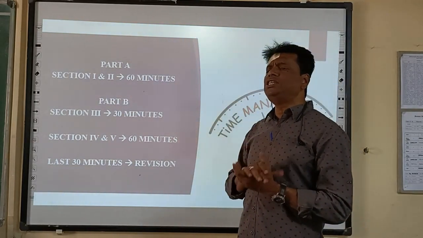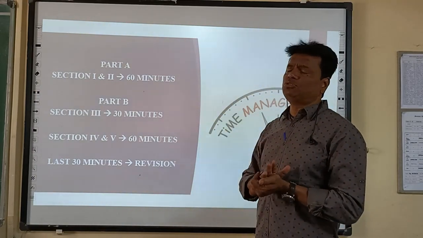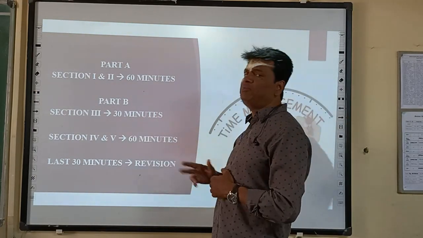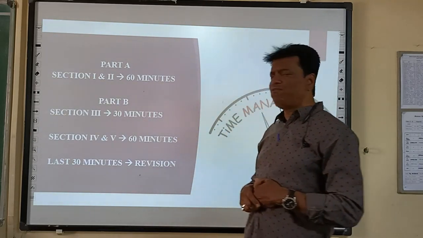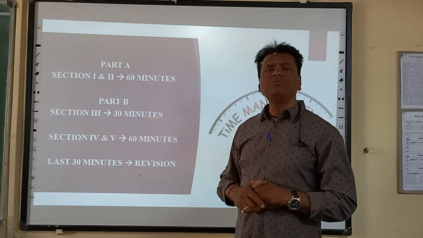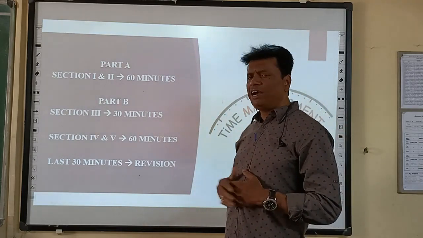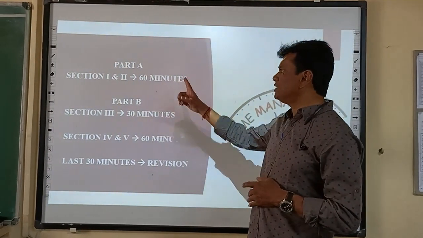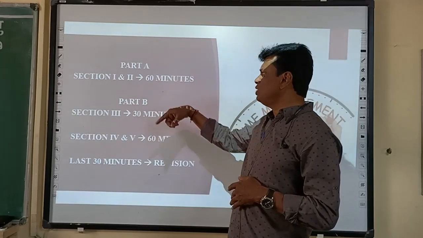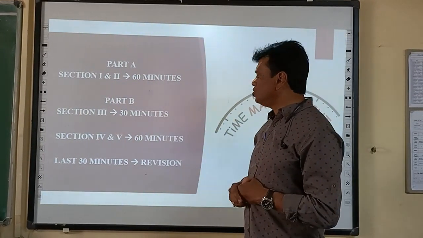Section 3 is of 2 marks questions. There are 6 questions, and you will have to solve those 6 questions within 30 minutes, right? And then you have section 4 and 5, where you have to spend 60 minutes, right? If you divide your question paper accordingly, the time is already managed here: 60 minutes for section 1 and 2, 30 minutes for part B, that is section 3, and